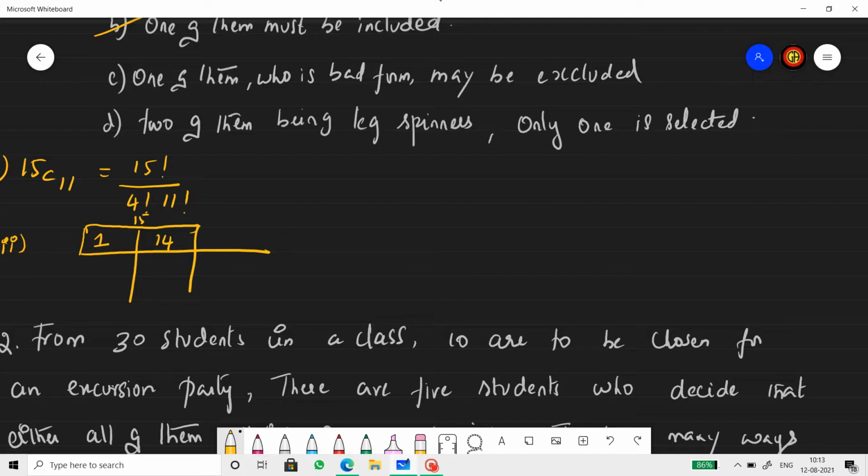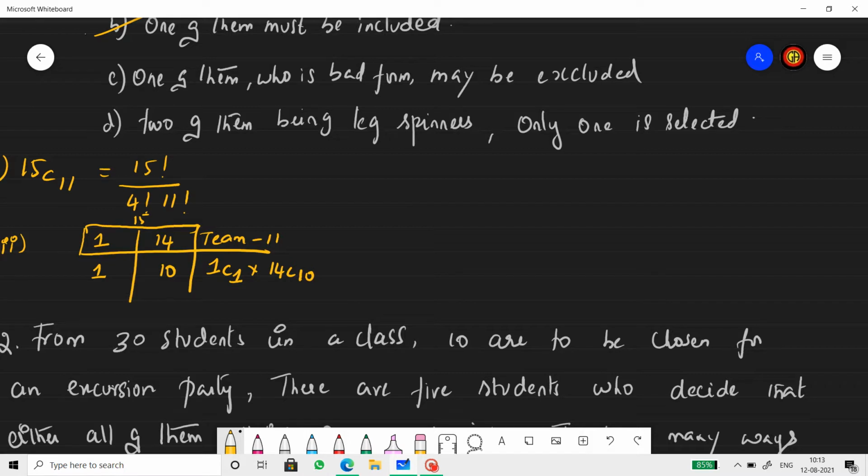As per the question, we need to make a team of 11 players, and as per condition 2, one of them must be included. So if I select this one, then I have to select only 10 from the remaining 14, isn't it? So the combination is 1C1 into 14C10.